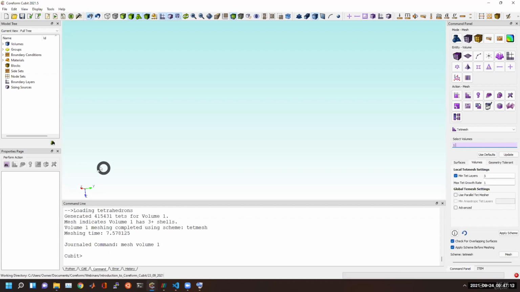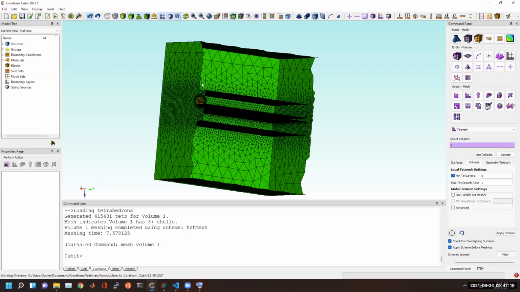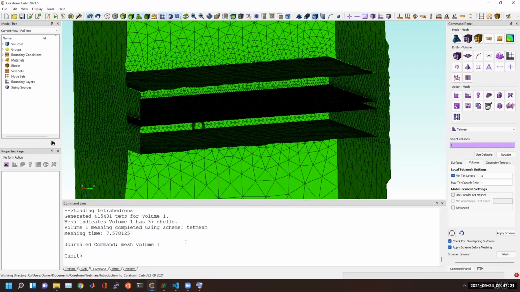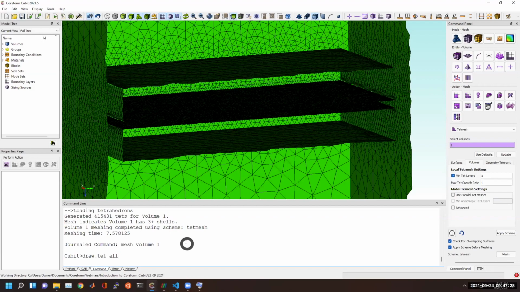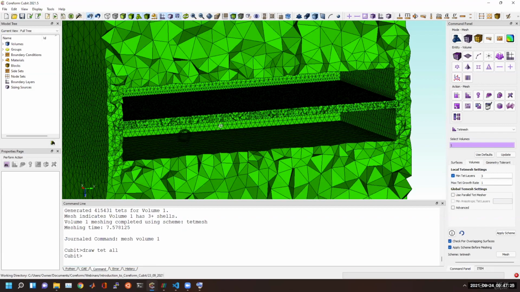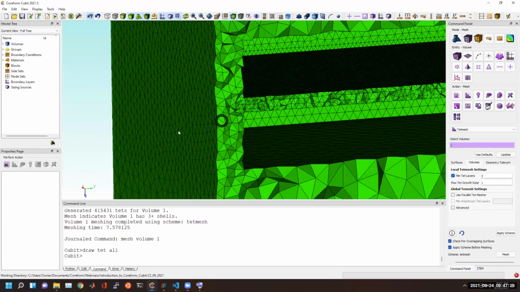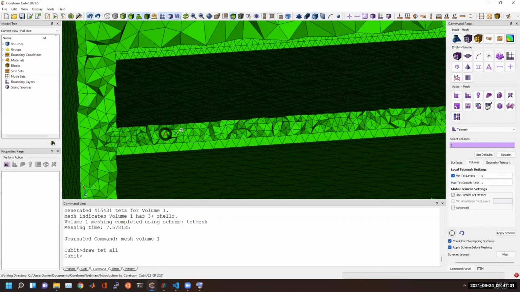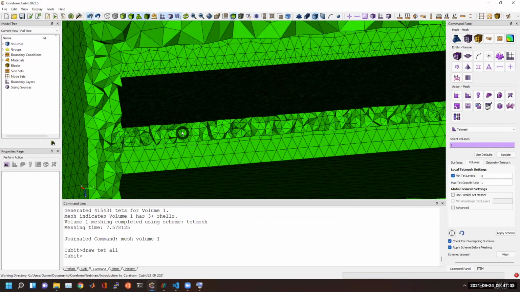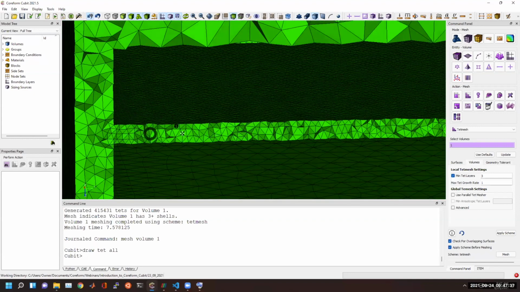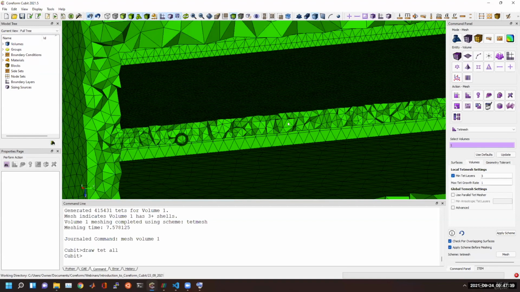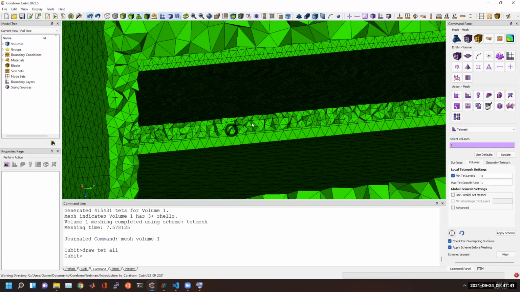And then Cubit will build us this mesh here. Refresh display, and so yeah, what we can see is the draw tet all. Cubit's at least try to give us a certain amount of elements through the thickness. So not quite boundary layers, but I know in my former job when we would do models of casting or blown foams and plastic injection, that this was a tool that we used a lot just to capture